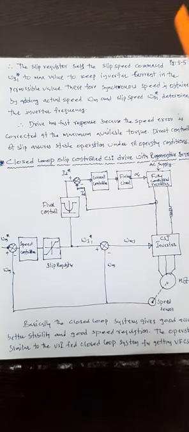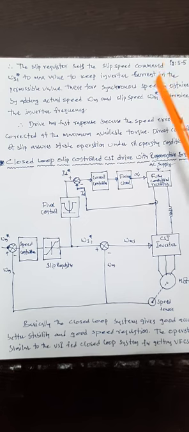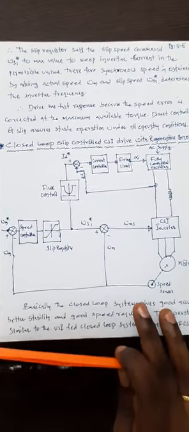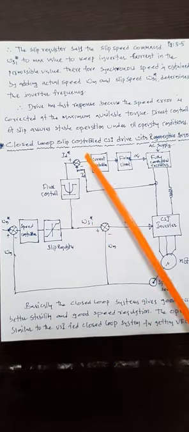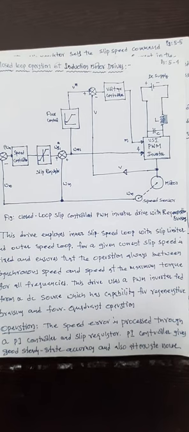From our syllabus point of view, the closed loop operation block diagram is to be mentioned very systematically. Once you draw the block diagram perfectly, the explanation we can give as per our own awareness. Similarly, the second one is the closed loop slip controlled CSI drive with regenerative braking. In the earlier case, it is the VSI control.